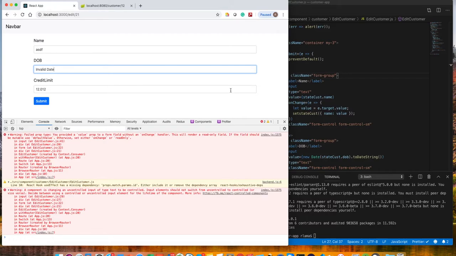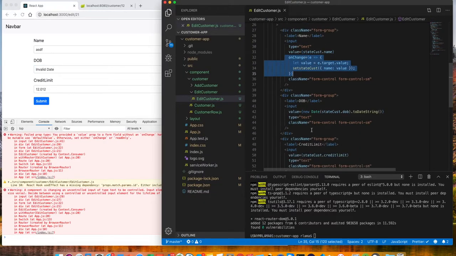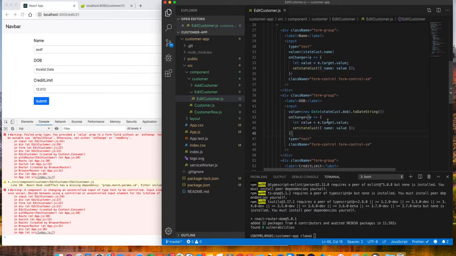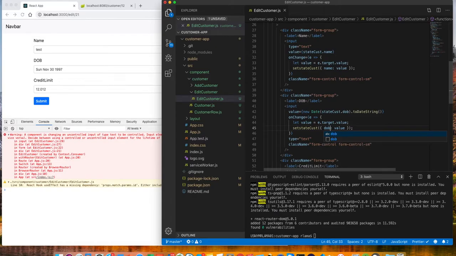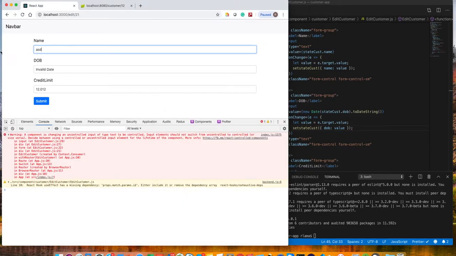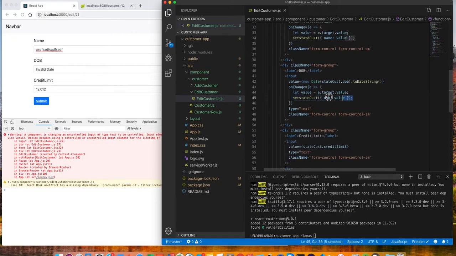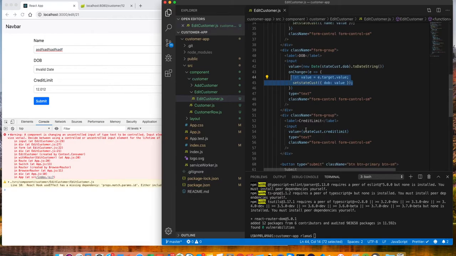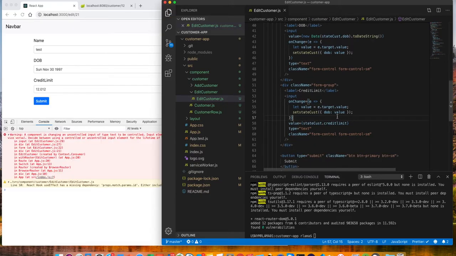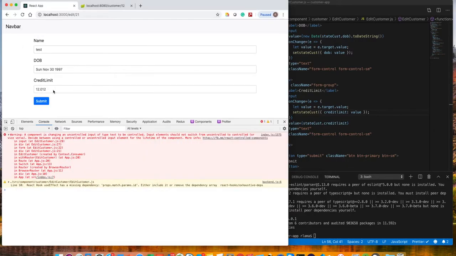I didn't know that this would give me an error here. Let me see this. What happened? Is that giving me an error now? Wow, I didn't know that. Oh yeah, that will definitely give me an error, I think. Anyway, so let's go here and put this here as well. So now this is going to be the credit limit. All right. So if I change this,